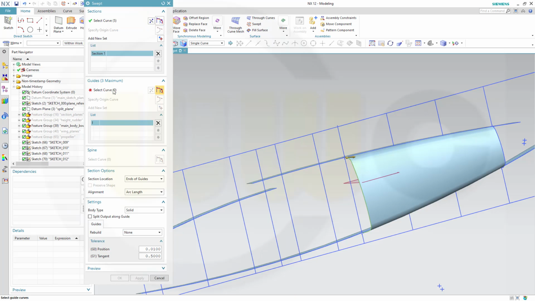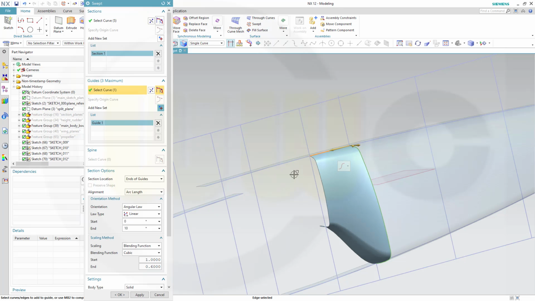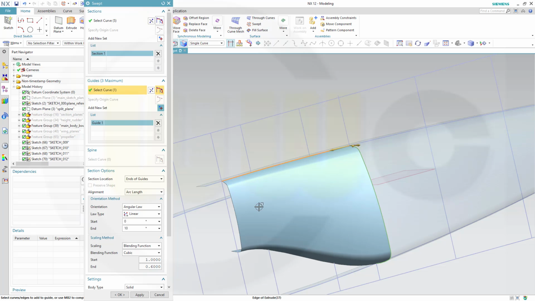Yes, then go for a guide, single curve, stop at intersection, and then select parts of the edges, another part, and the last one here. Then add another set, go down below,